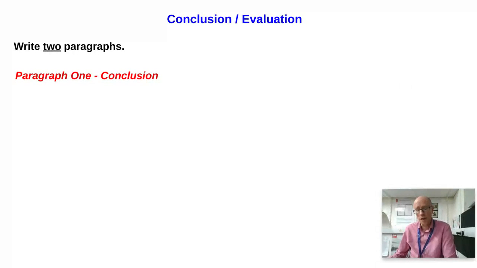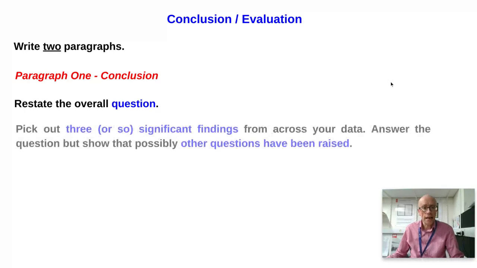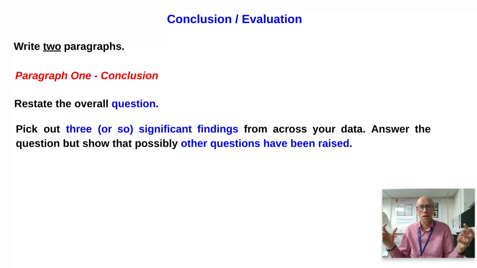Your first paragraph should be the conclusion bit. And this is what you put in the conclusion. First of all, in your first sentence, restate the overall question. Okay? Then what you need to be doing is picking out 3 or so important findings from your analysis. Okay, so you're restating and summarizing them only in a few words, making sure that they link in logically to